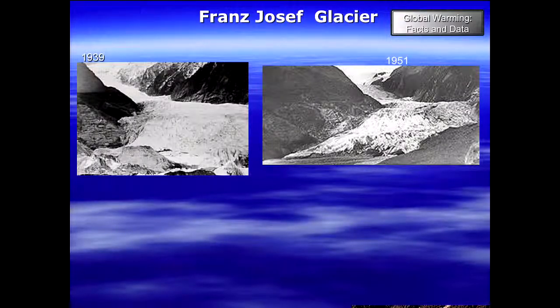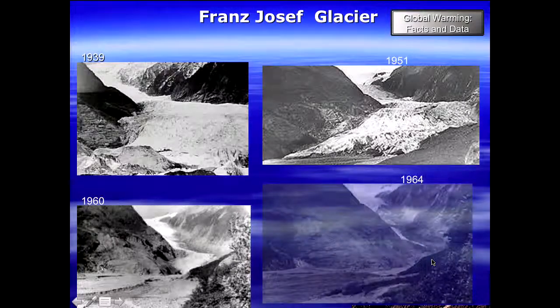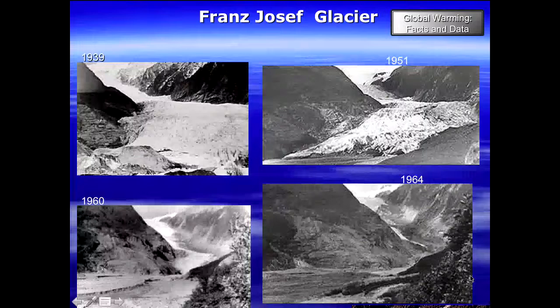Here's where the glacier was a decade later, in 1960. There's the canyon walls, and the glacier is going backwards. And now here it is a few years after that, in 1964,